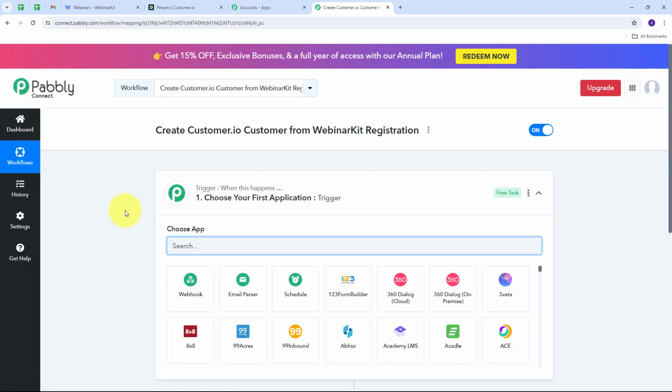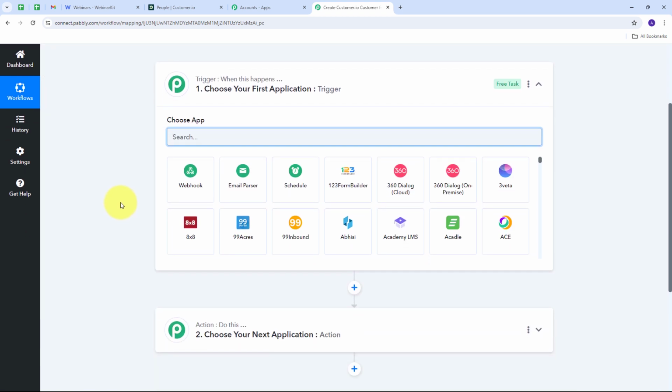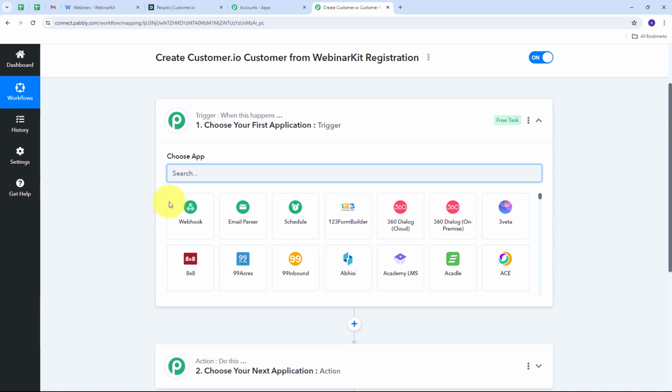And this will take us to the most important window of our workflow. Here we have two boxes, trigger and action. These are the two main principles on which our workflow works. Trigger says when this happens, action says do this. So the trigger is going to be the first step that gets executed in our workflow and the action will just follow that. So we need to set up our trigger first and here my trigger application is going to be